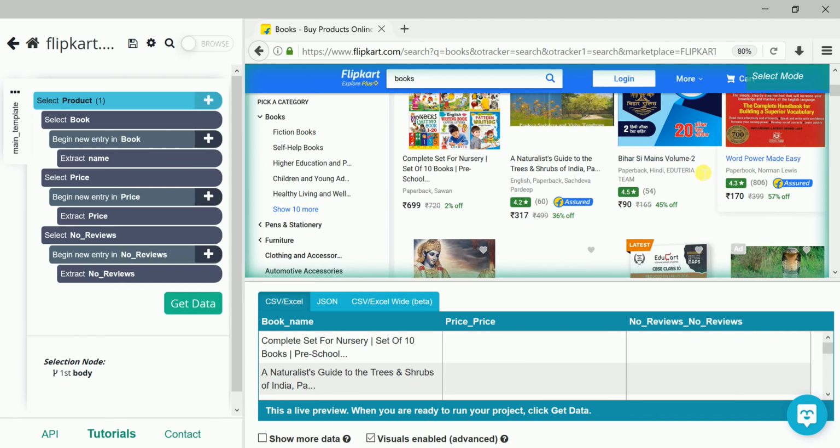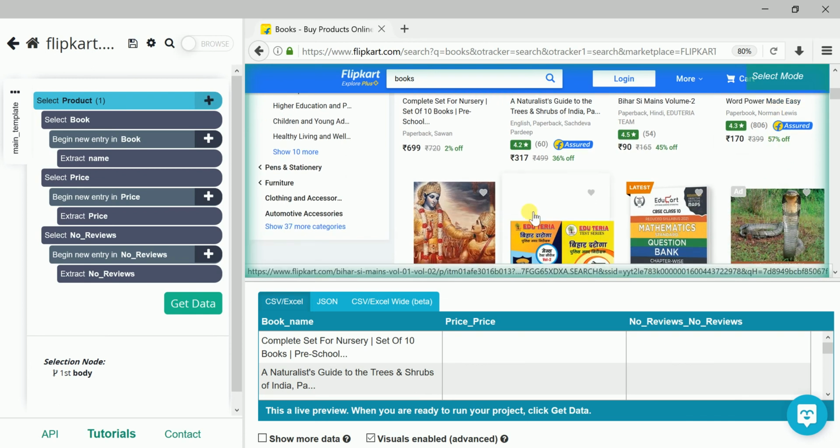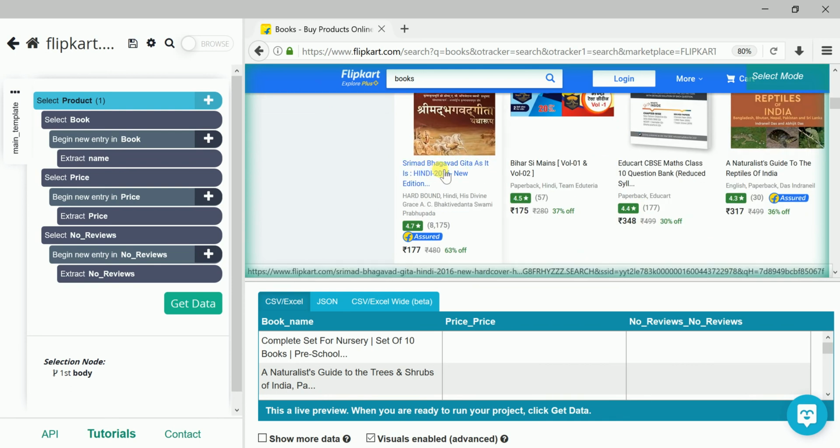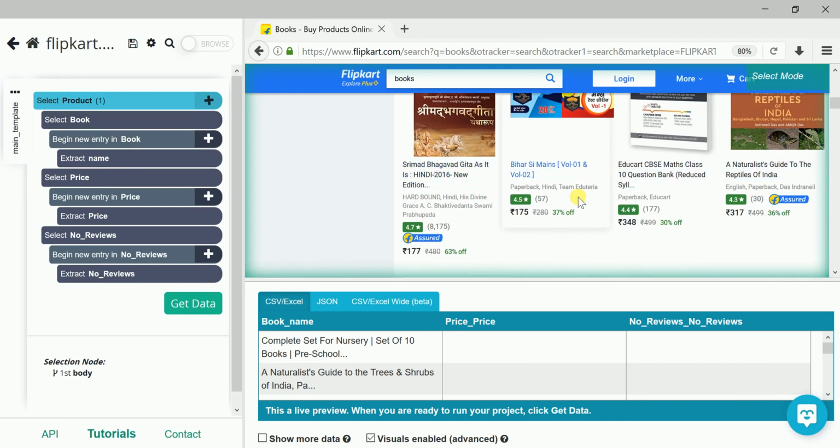If it is not able to recognize the others, then you select this name again. If the system is not able to recognize the other counts, then again select this. You will see sometimes it will automatically increase the count here. So this is the trick.